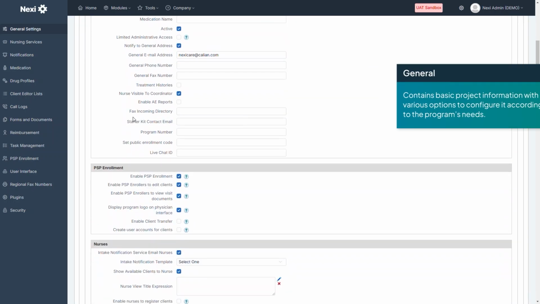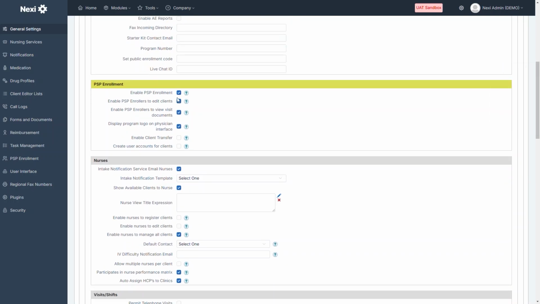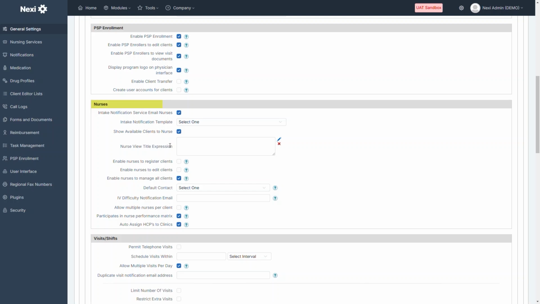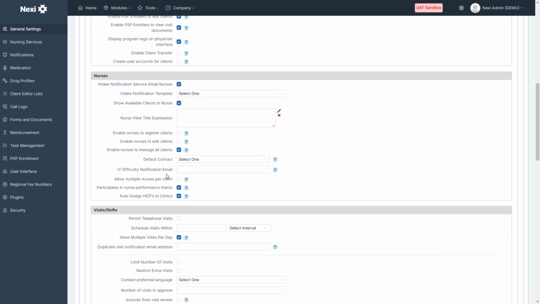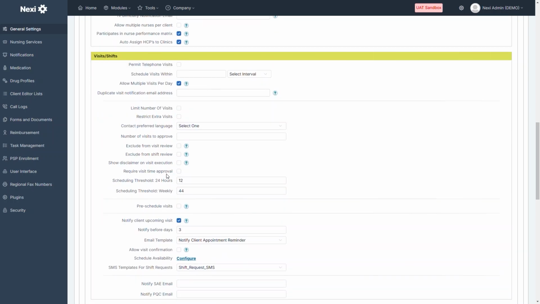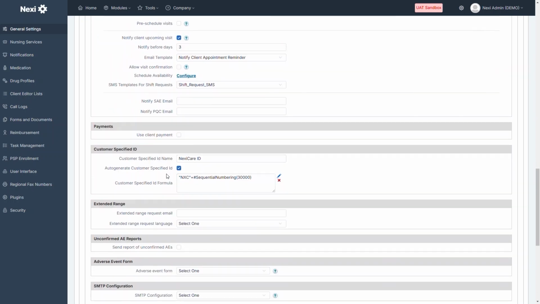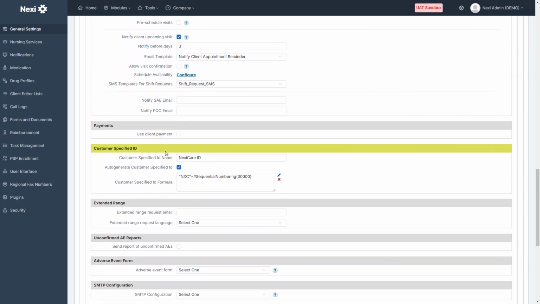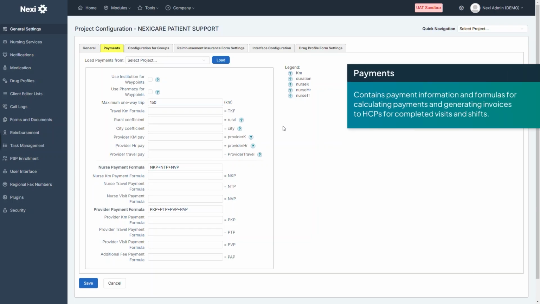For example, you can enable PSP enrollment by other participants beyond the customer coordinator. You can manage nurse capabilities, as well as assign settings for visits and shifts. The General tab also contains an option to customize the customer-specific ID formula for new enrollments. The Payments tab is where you can manage payment details and invoice generation for healthcare professionals based on completed patient